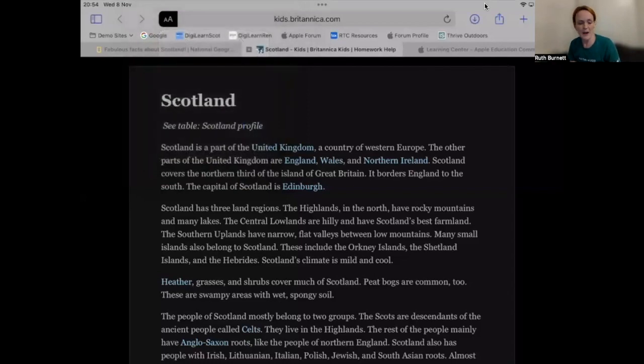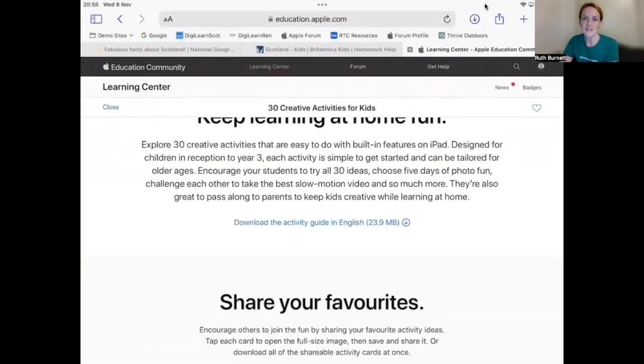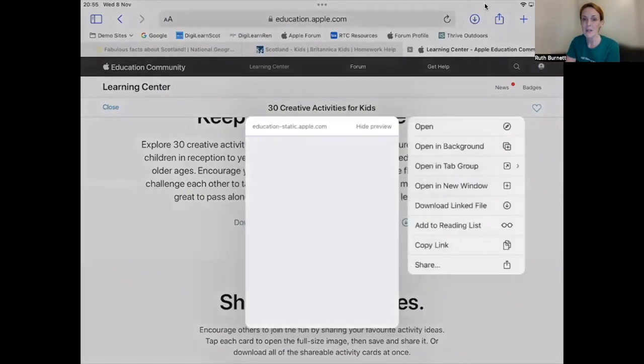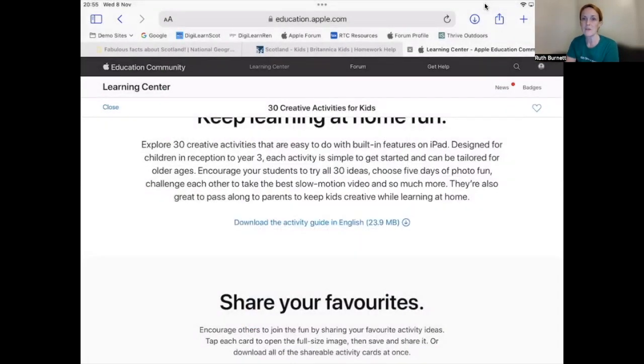Now, perhaps we have a PDF on a website that we want to look at, and we also maybe want to save it to our iPad to look at later, or even annotate. So I have one here for us to have a look at. This activity here for 30 creative activities for kids, the activity guide, I want to download this PDF and store it on my device. So I hold down the link, and you'll see the option there for download linked file. You can see the little progress bar moving up towards the top, and then when I click on that,